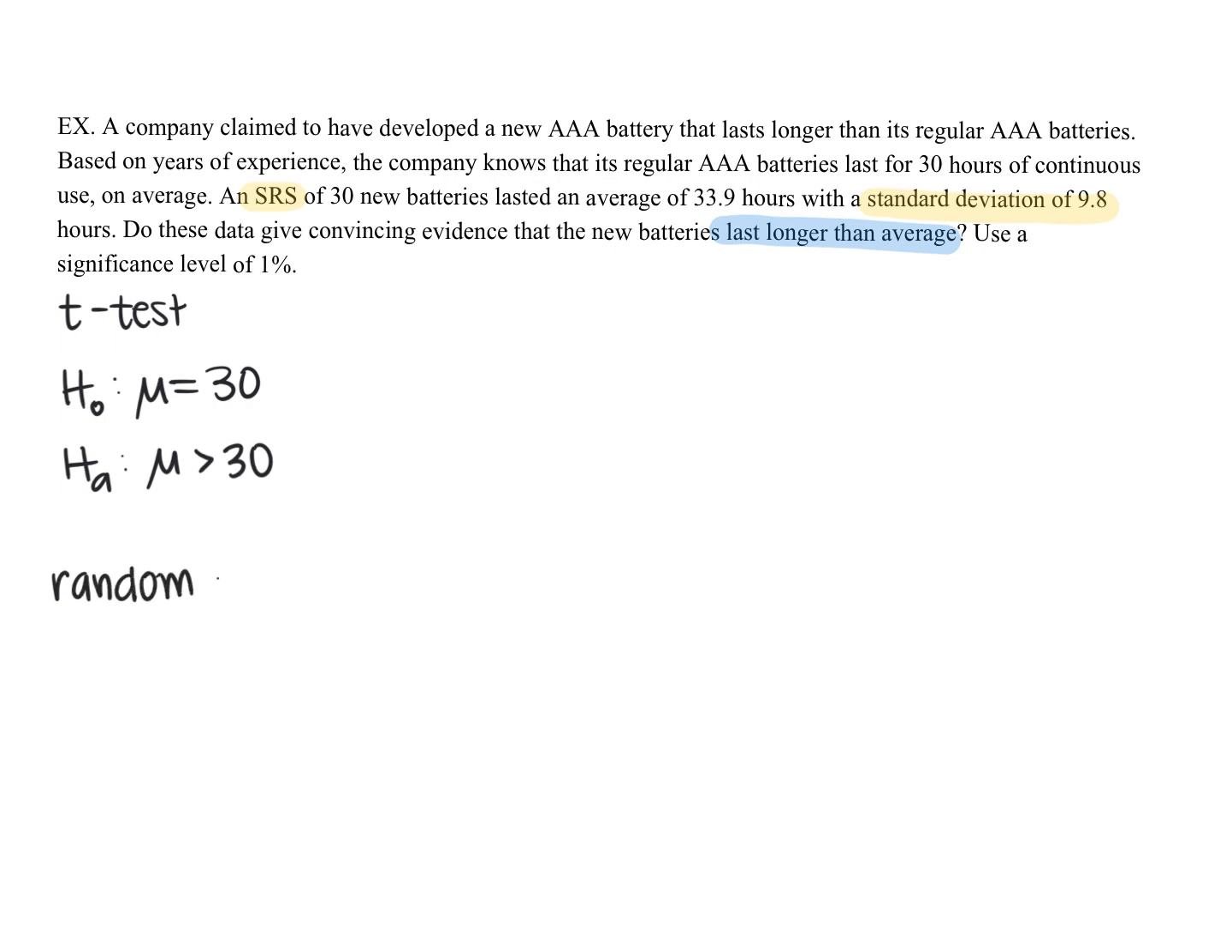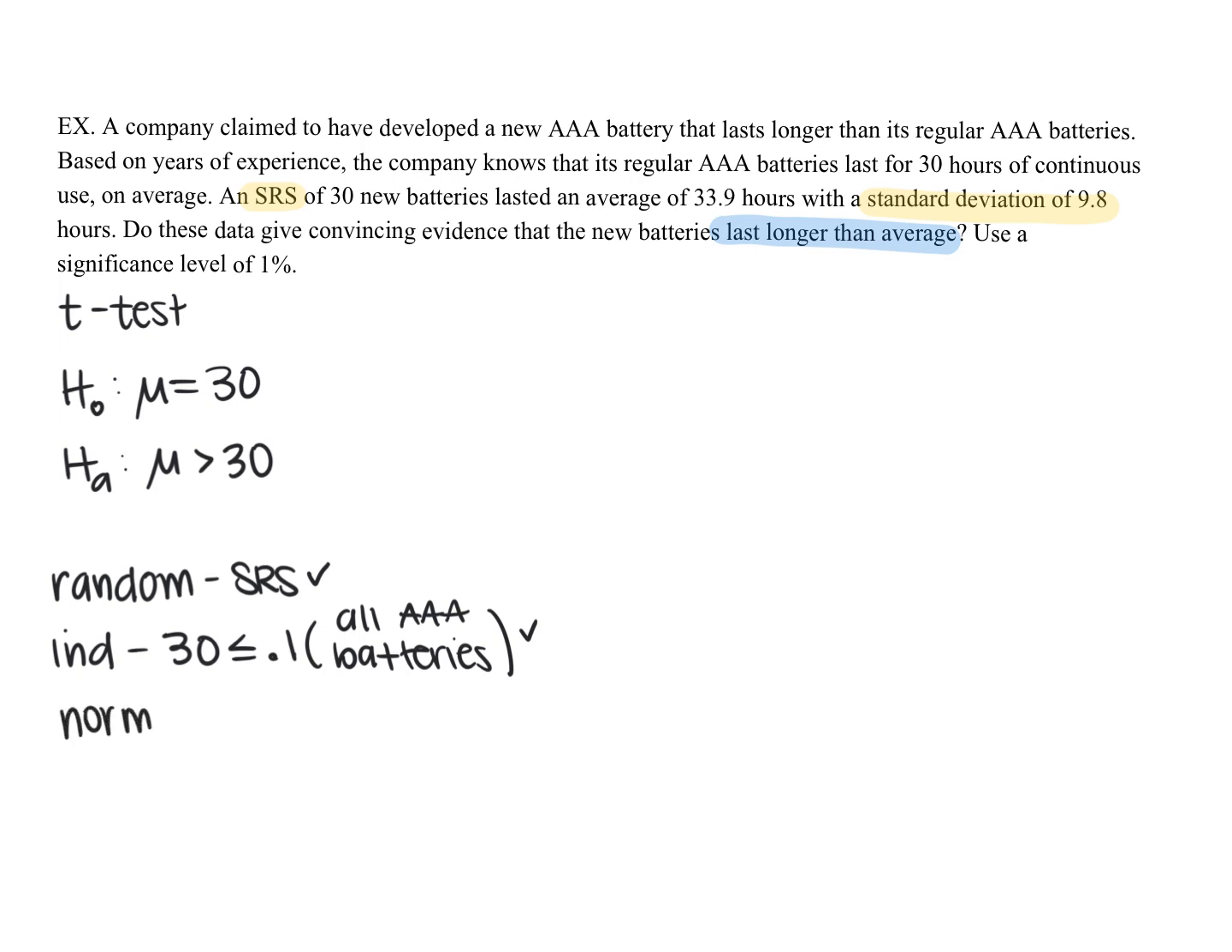For random, it is stated we take an SRS. For independent, 30 has to be less than or equal to 10% of all AAA batteries, and they make at least 300 of those. And then normal, 30 is greater than or equal to 30, so we're good there. Now for my t test statistic, my x bar is 33.9 minus 30